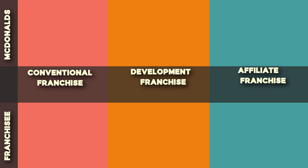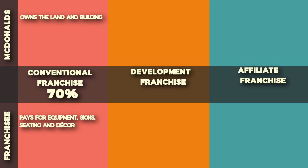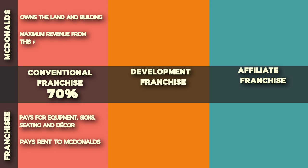There are a total of 21,147 conventional franchises, which account for the majority of franchise locations. Under a conventional franchise arrangement, McDonald's owns the land and building or secures a long-term lease for the restaurant location, and the franchisee pays for equipment, signs, seating, and decor. In this case, the franchisee pays rent to McDonald's, and this is the part from which McDonald's gets most of its